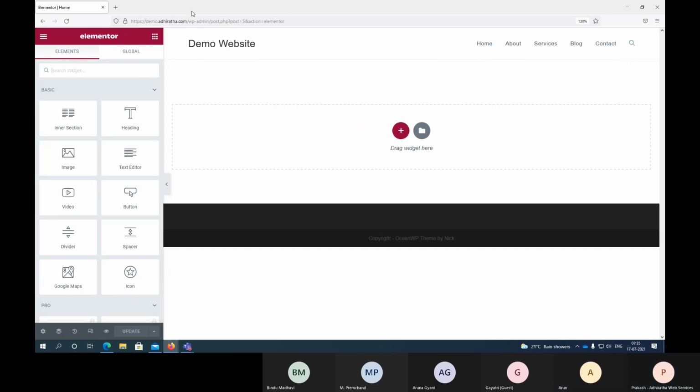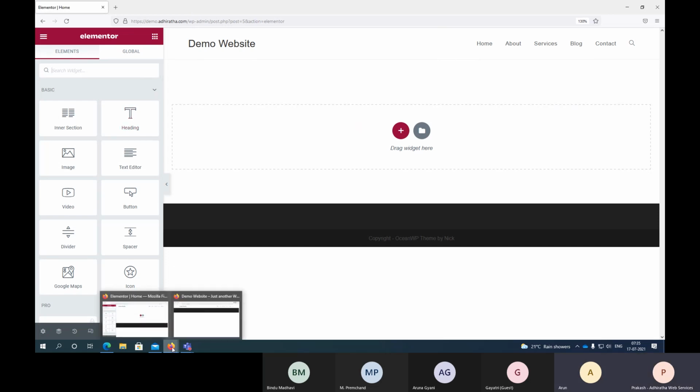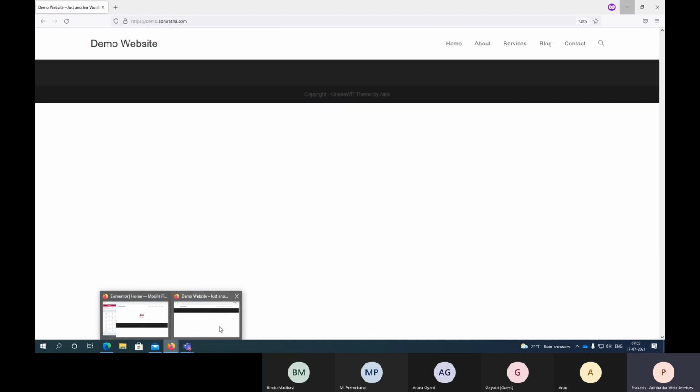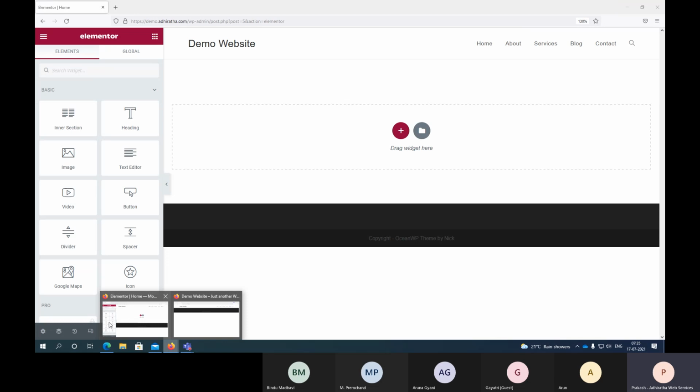Now how to bring this navigation menu to the center? That comes in a customize option. Like that we'll cover. Let us start editing today, because that again takes time. It's very easy, Arun. I'll show you maybe at the end of the session. So we have home, about, services, blog, contact, all these things.